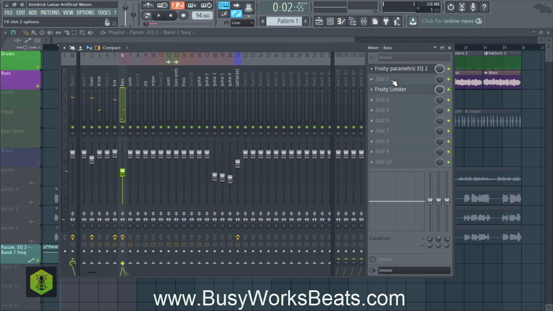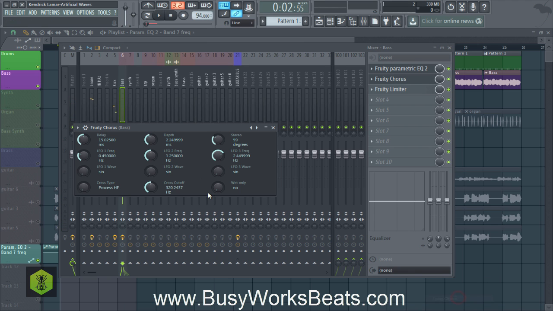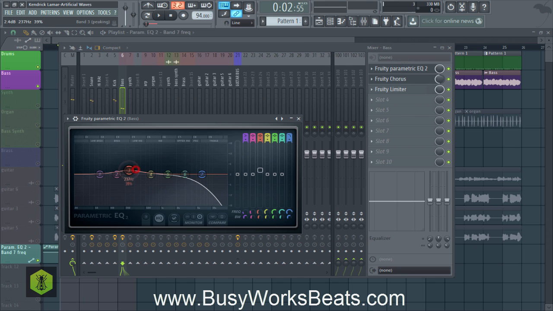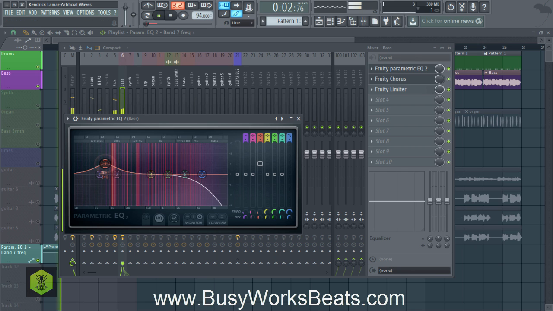So let's add something funky. Let's add a Fruity Chorus effect, again, to give it that weird alien kind of beachside sound. It's a little too much chorus, we can pull it down. About 50-50. Let's go back to the EQ and let's pull up some subtones. Like around 80 hertz. Now that sub is really picking up the bass.